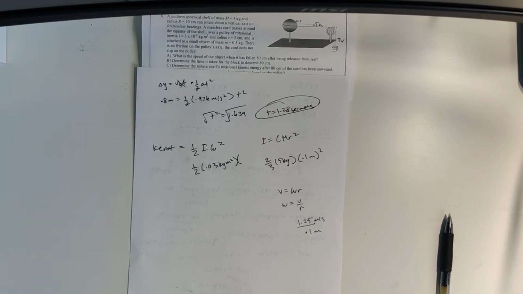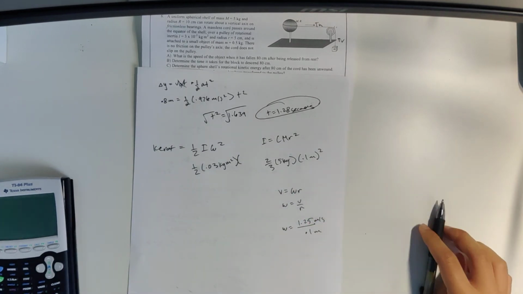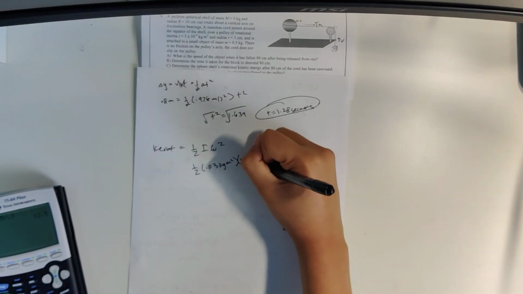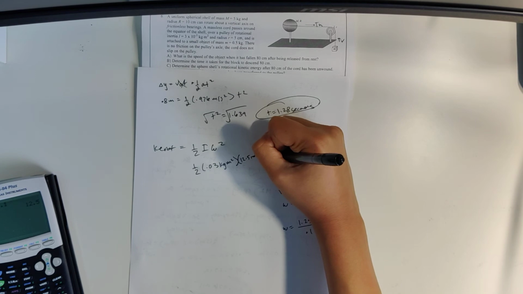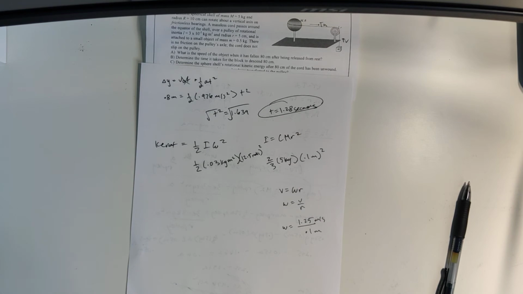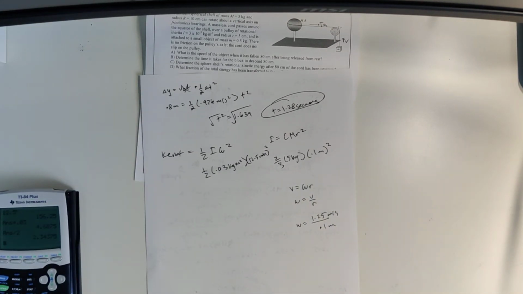And then you would square that. Alright, so this is your angular velocity. 1.25 divided by 0.1, 12.5 rads per second, and you have to square that, remember. Square times 0.03. So you get around,